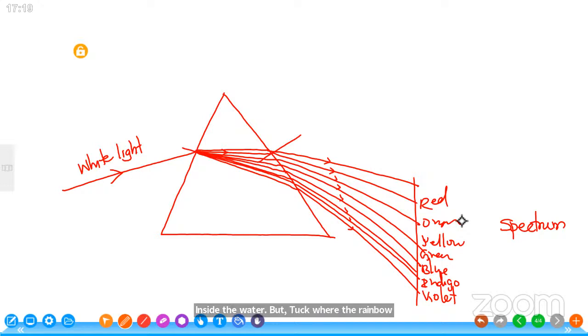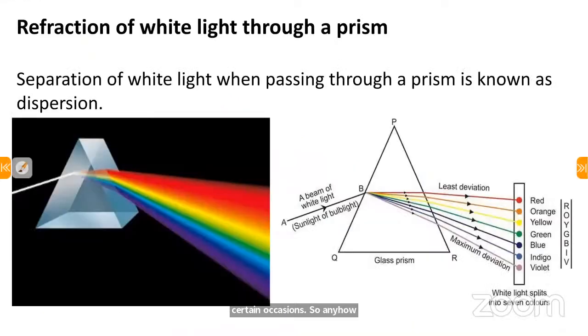Look, in our day-to-day life, spectrum can be seen on certain occasions. So anyhow, this phenomena of